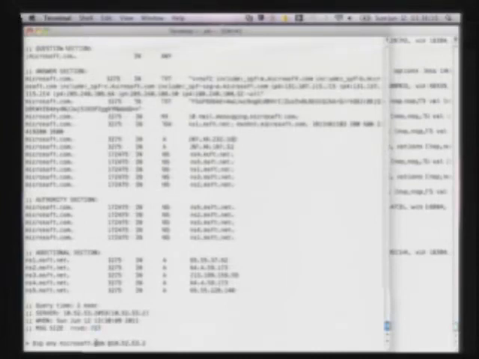That means that dig must revert to TCP in order to get the information that it needs. There's another standard that came about in 1999 called EDNS, and that allows for DNS messages to be higher than 512 bytes, up to 64K bytes. Dig can be used to make EDNS queries by specifying the bufsize